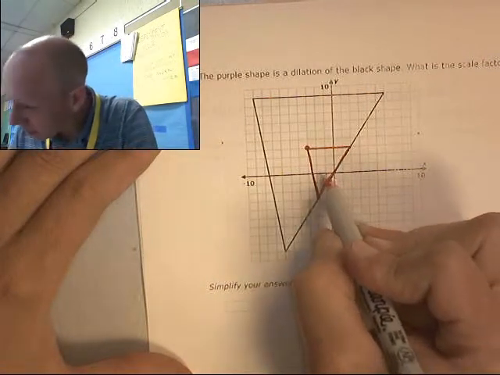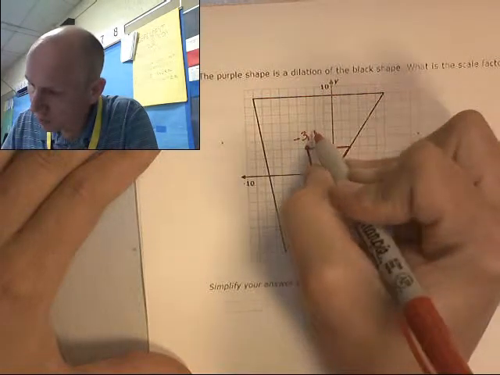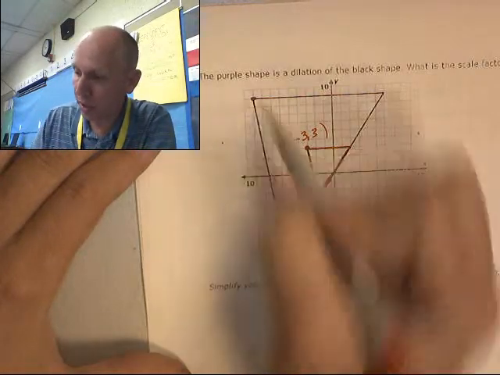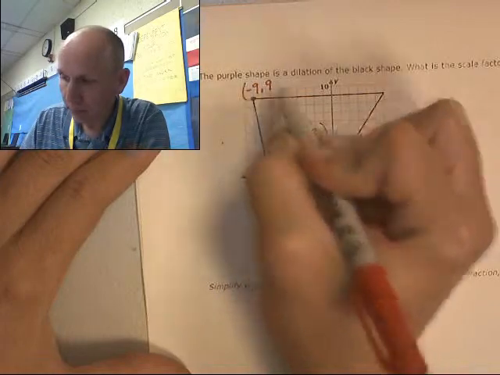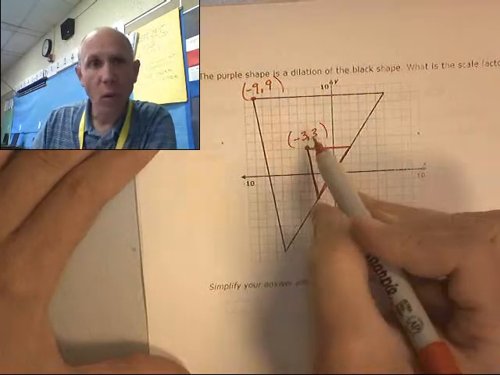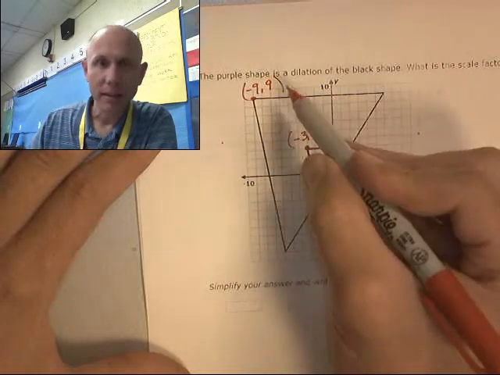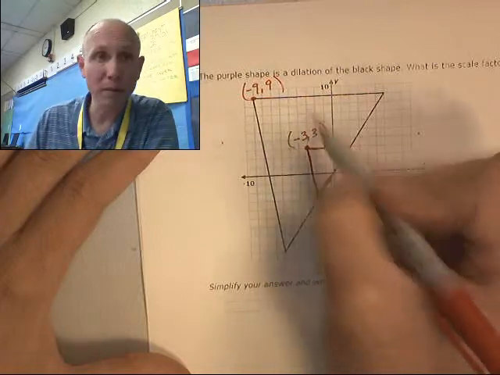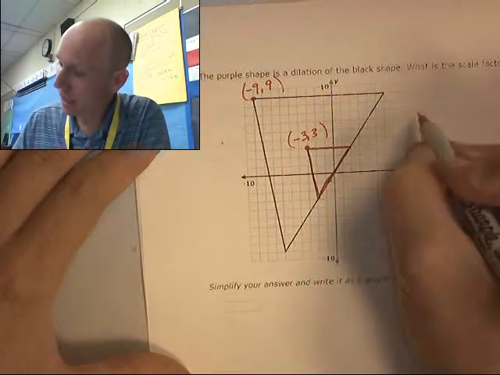That is at negative 3, 3, and that point got bigger to this guy right here, which is at negative 9, 9. Well, what kind of scaling happened here? A 3 to a 9? Did it double? Which would be a scale factor of 2. Did it triple? It tripled! That's a scale factor of 3. The scale factor